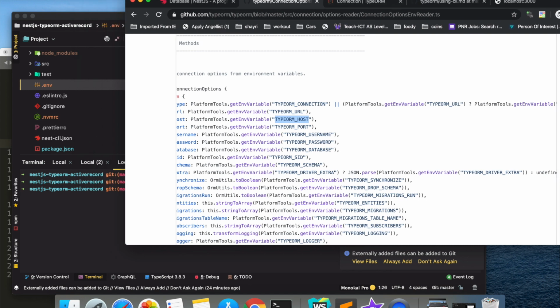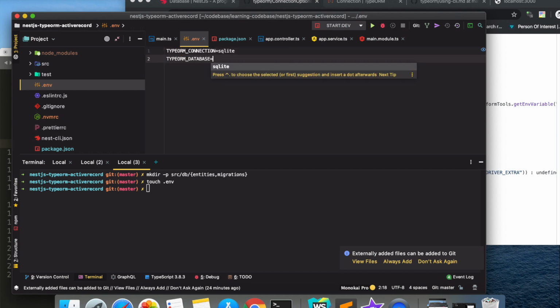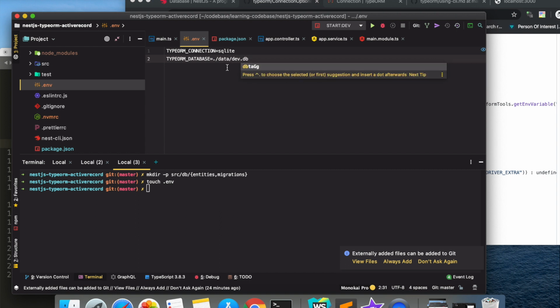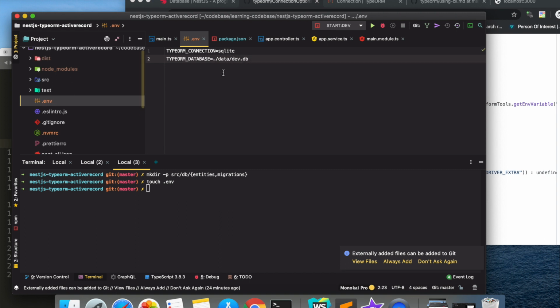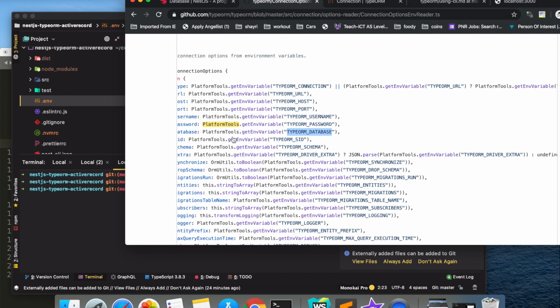For the database, we are just going to give a path to the file which will be used as the database. So TYPEORM_DATABASE would be, let's say, dev.db. So from the current directory it would create a data folder, and inside that it would create a dev.db.